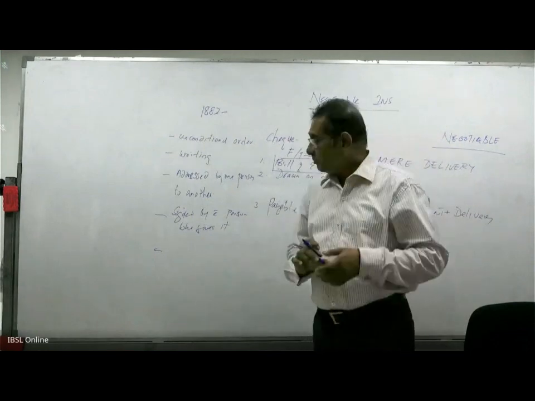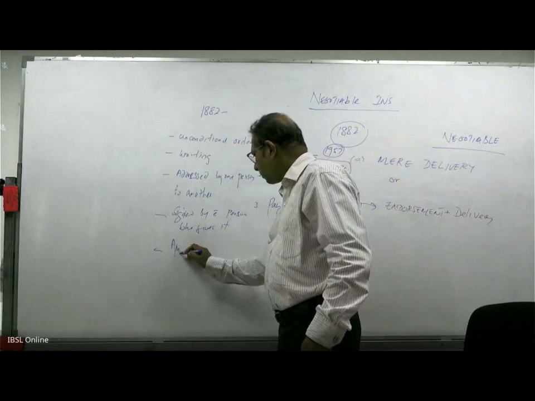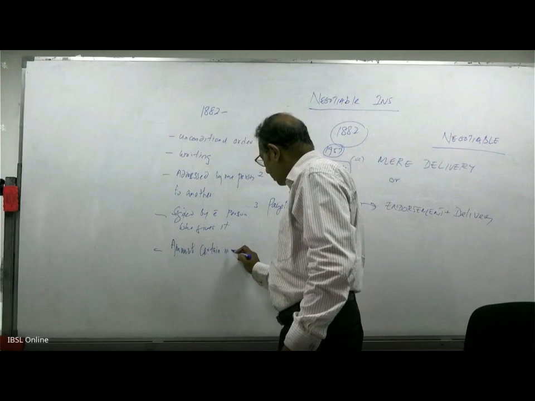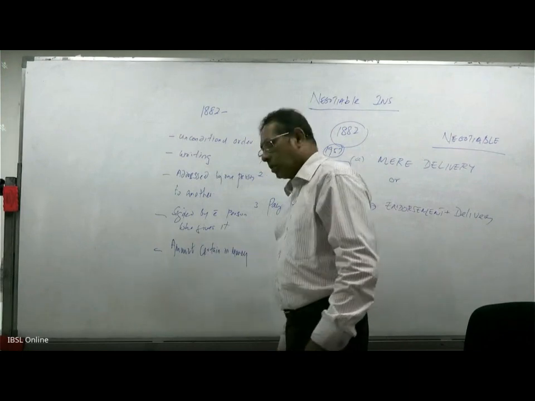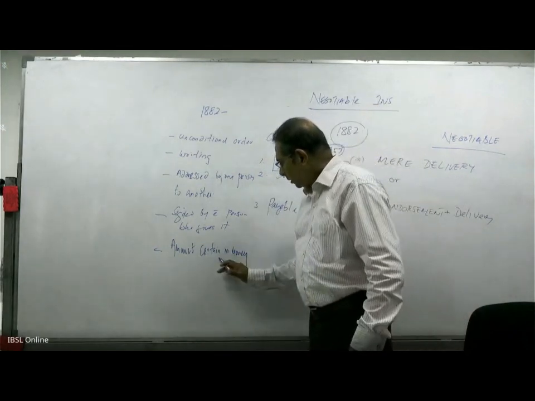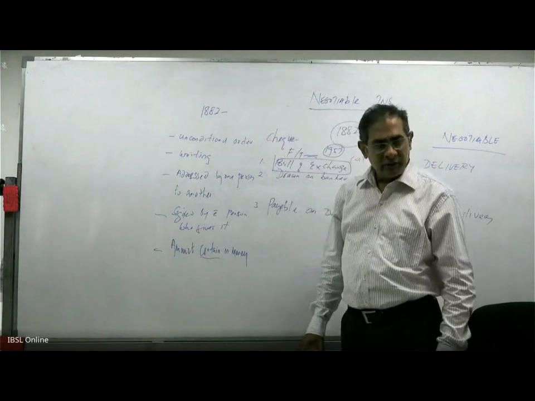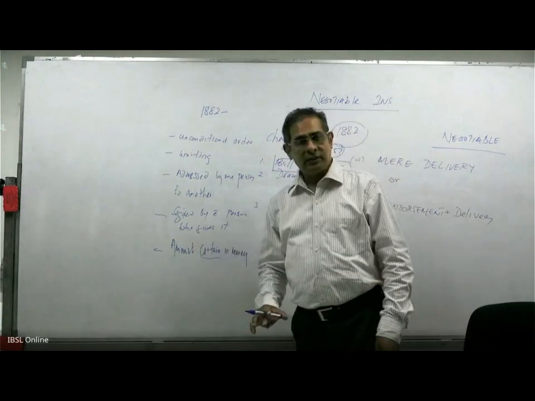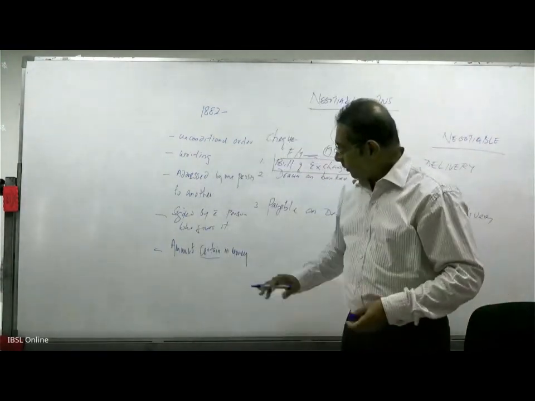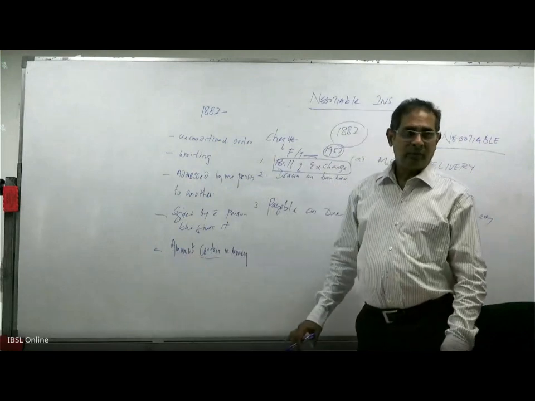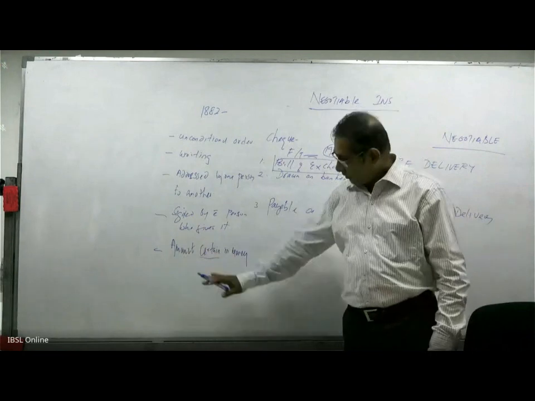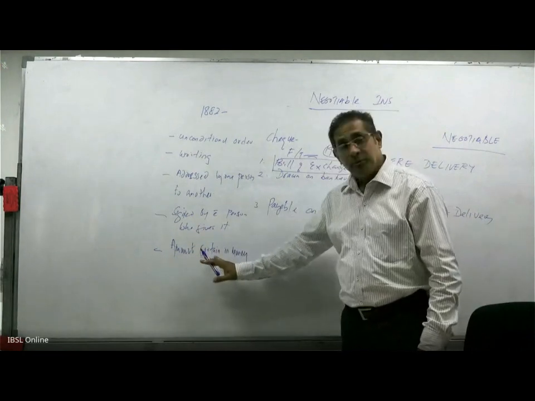Amount certain in money. Right? Here the word certain comes because of certainty, meaning you cannot write checks or bills of exchange mathematically. Meaning you cannot say 10,000, about 10,000, approximately 10,000. Or single expressions cannot be written. You have to be very specific, precise. The amount has to be certain.